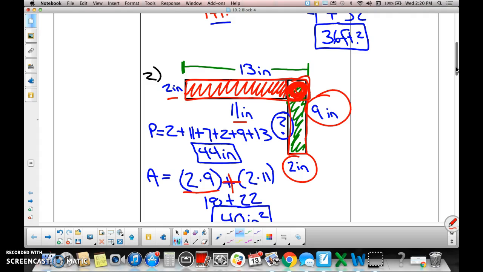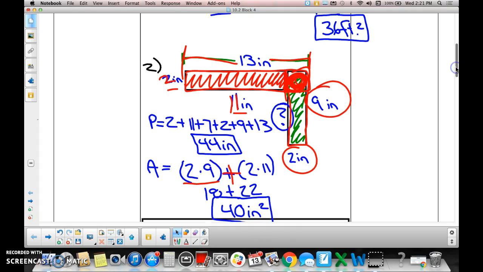And so she said, well, Mr. Pottinger, I did not do that. I used it as a 2 by 11 because the 11 only went to this point right there. The 13 says it goes all the way to the end. See what she did there? Add them together and you get yourself a nice answer for area. Perimeter, add up the outside. Got it? Okay, now moving to the next page, if I can find the next page,